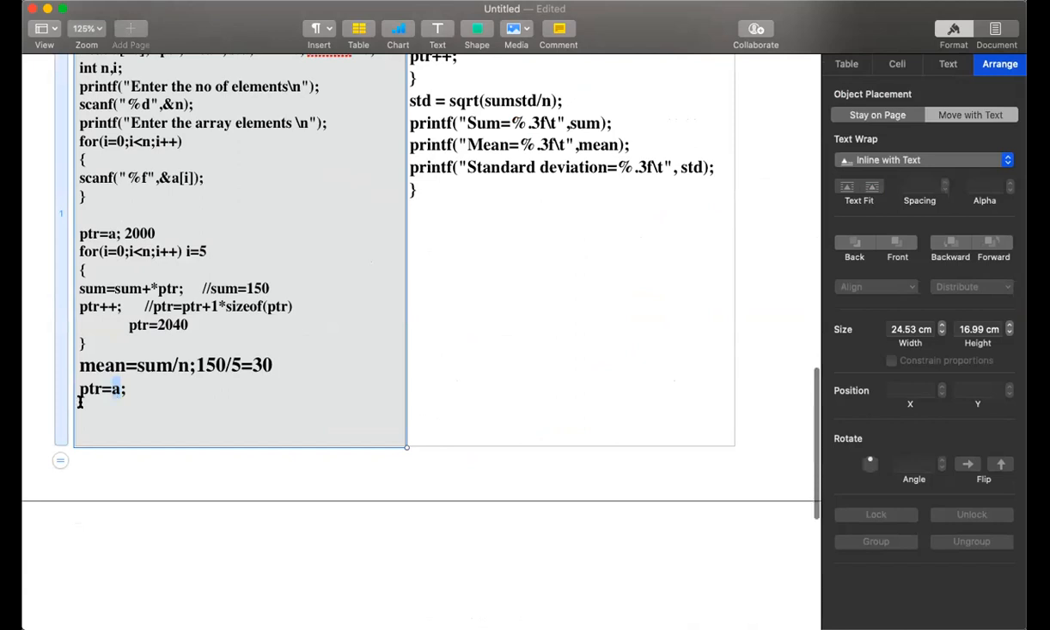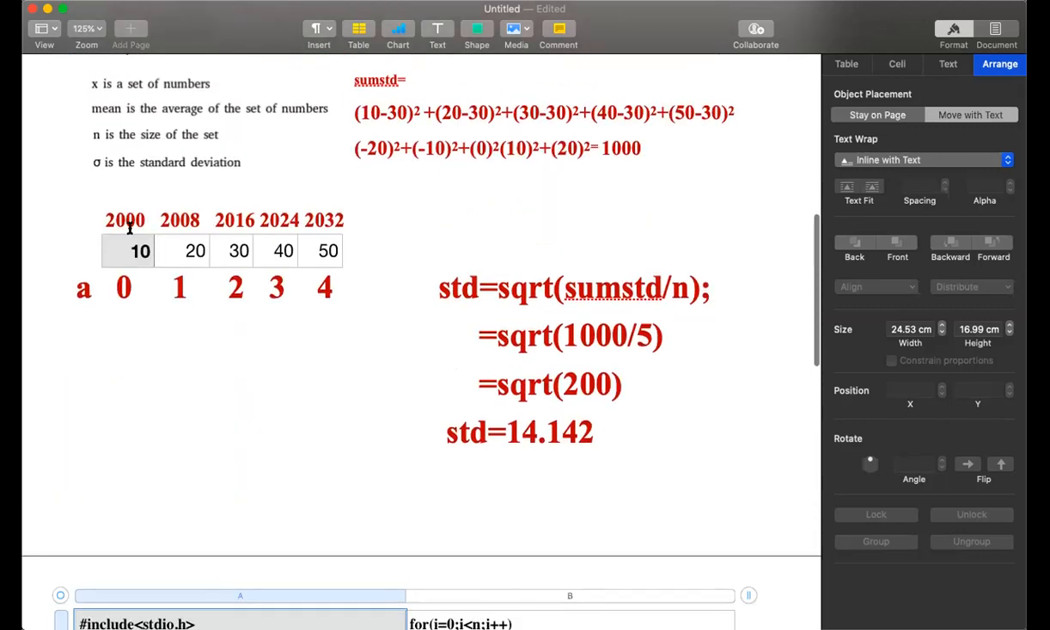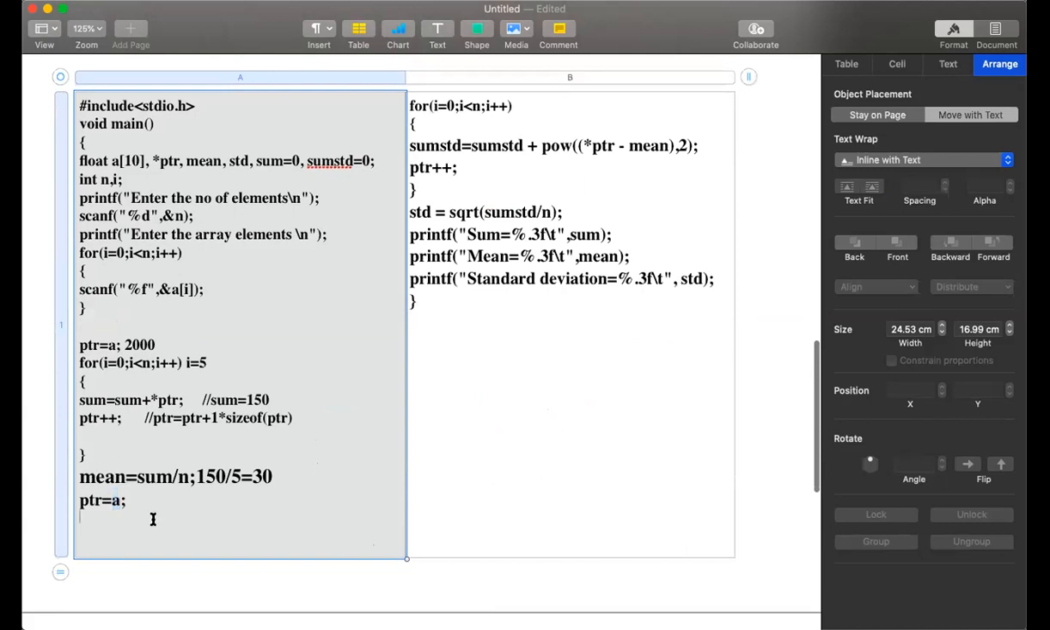Okay. So now where is PTR? This is gone. PTR equal to 2040 has been removed because now the current value of PTR is assigned to A. What is A's starting address? 2000. So now again PTR is being pointed to 2000. The reason why PTR was made to point to 2000 is because now we need to find out